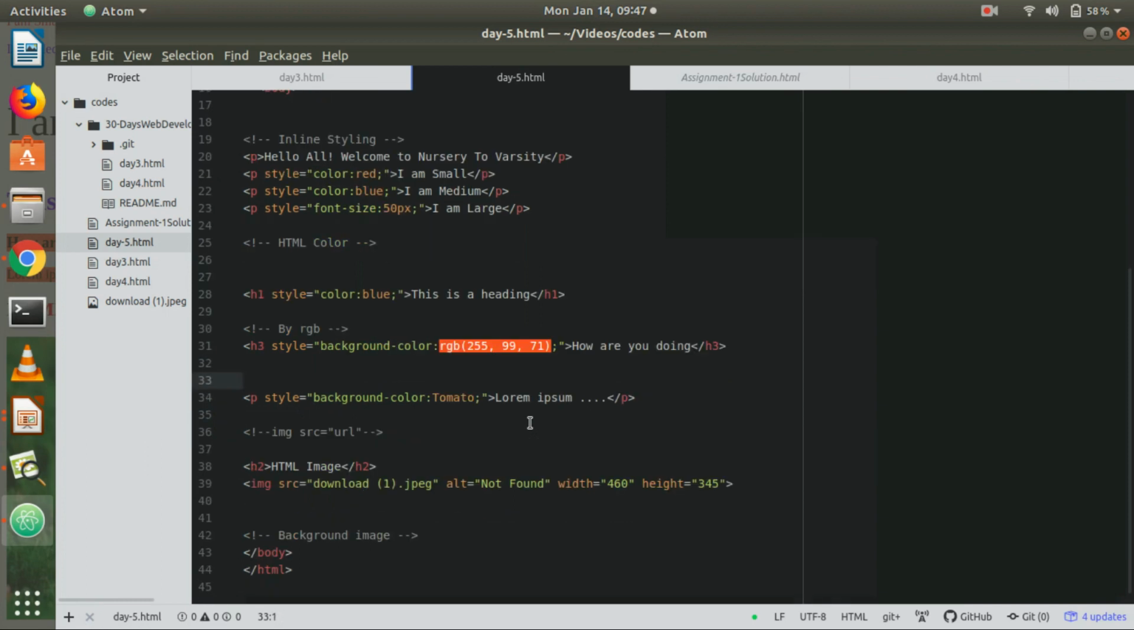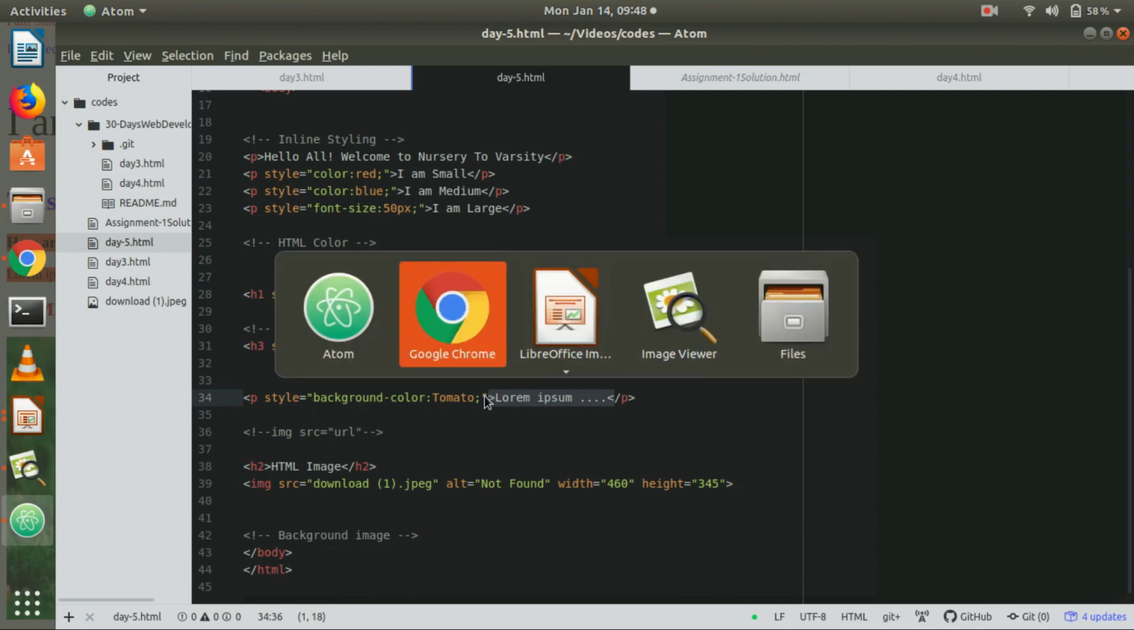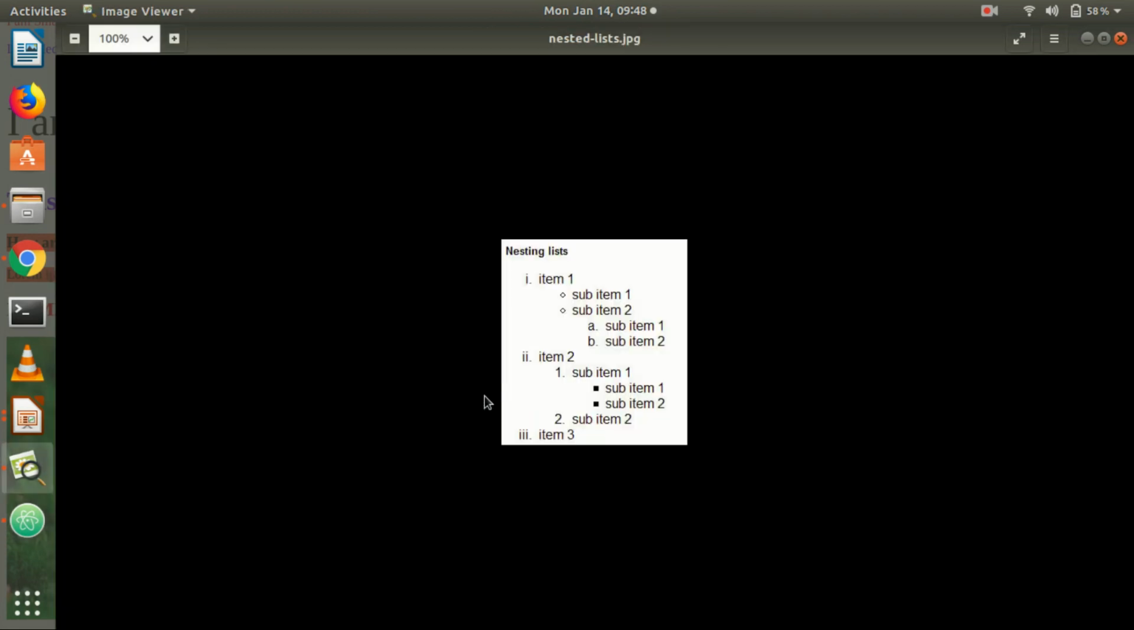Next one was, again, background color tomato, paragraph. That does lorem ipsum, which means it is just a random text that you can directly take from Google and just write it down. If you're just practicing, you can use a random text to save your time. Okay, now let me go to my third topic,